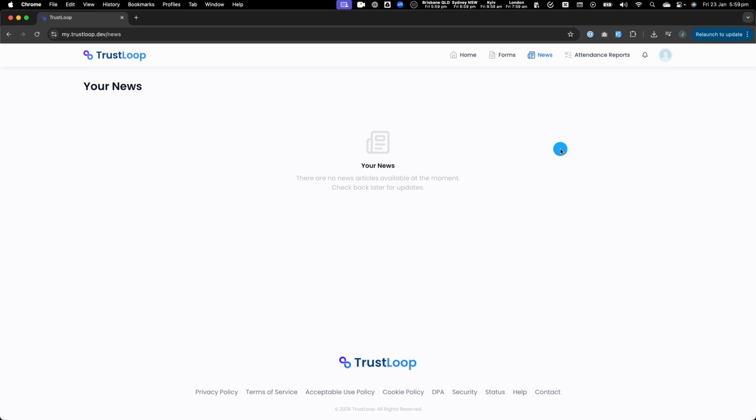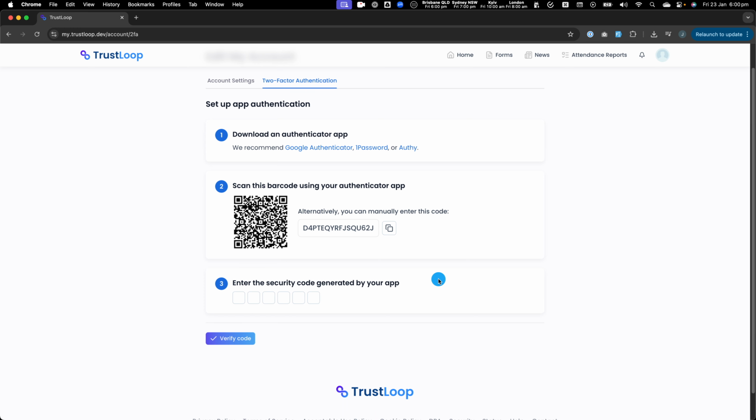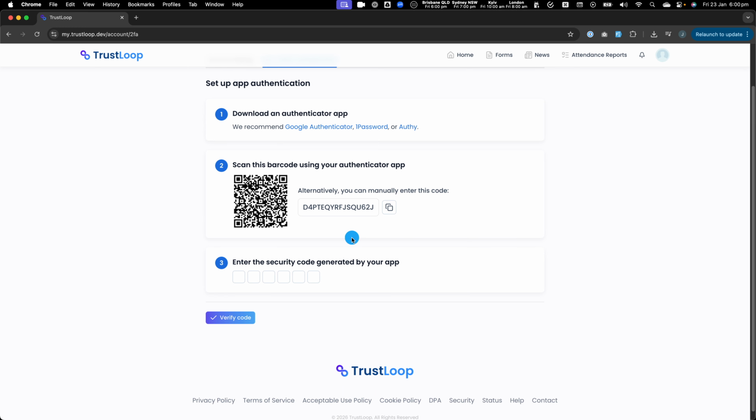To enable two-factor authentication in the member portal, click on the avatar and click Edit My Account. You can click on two-factor authentication, and then you can use an authenticator app to set up the two-factor authentication. So you can use the QR code in your authenticator app, follow the process of scanning a code to add an authentication, or alternatively, if you're on a desktop computer or you prefer to use this method, you can click